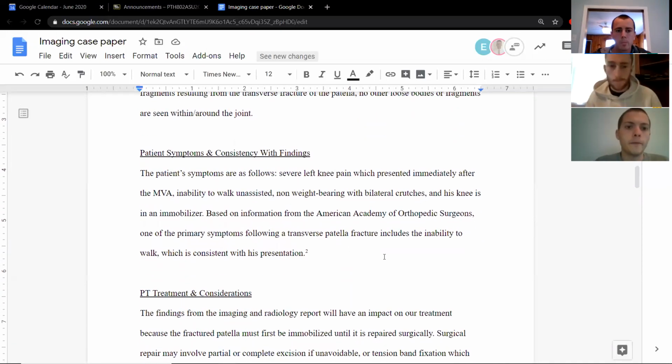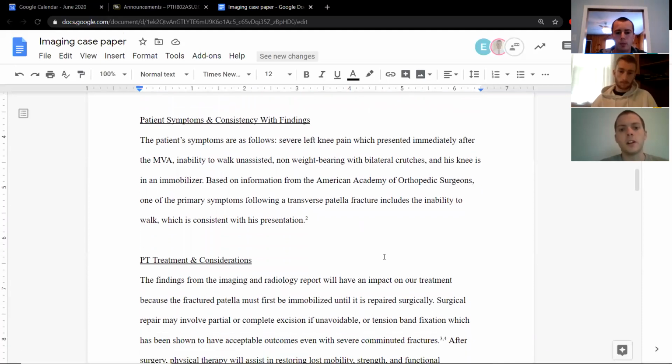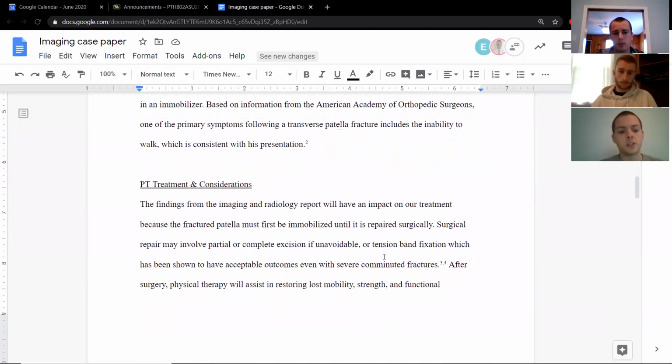Okay, so the patient's symptoms included severe left knee pain right after the car accident, and inability to walk unassisted. They weren't able to weight bear with bilateral crutches, and the knee was in an immobilizer. Based on information from the American Academy of Orthopedic Surgeons, one of the primary symptoms following a transverse patellar fracture includes the inability to walk, which is consistent with its presentation. Basically, all that damage to the patella makes it not function very well, and the quads not function well either